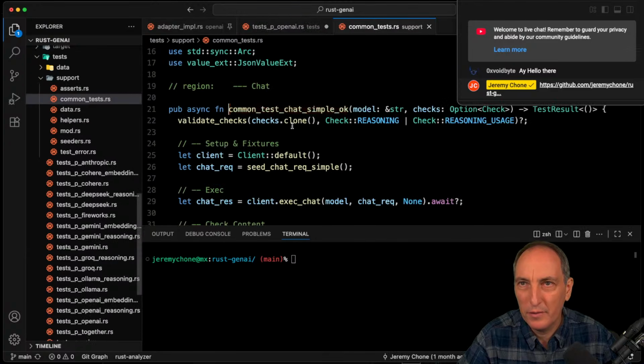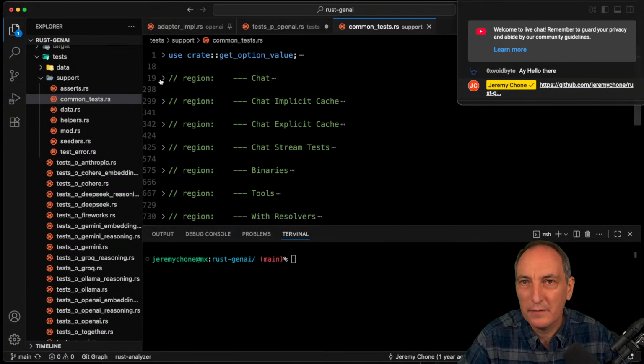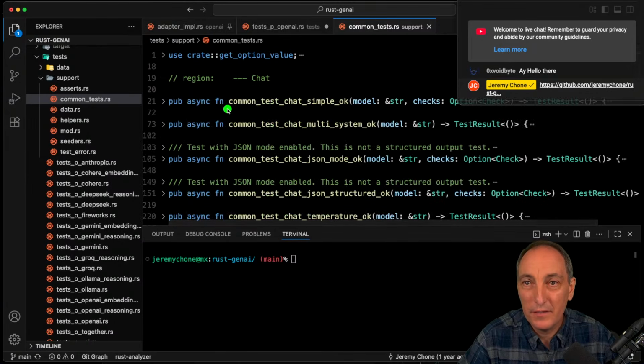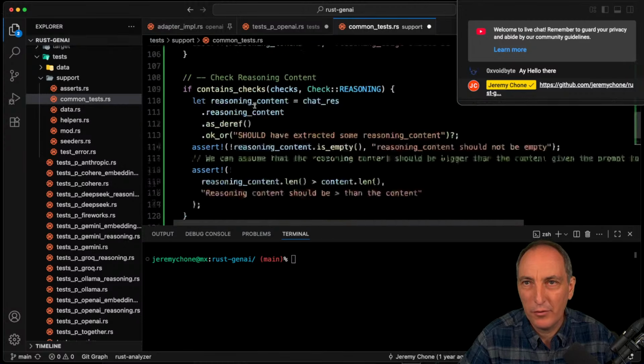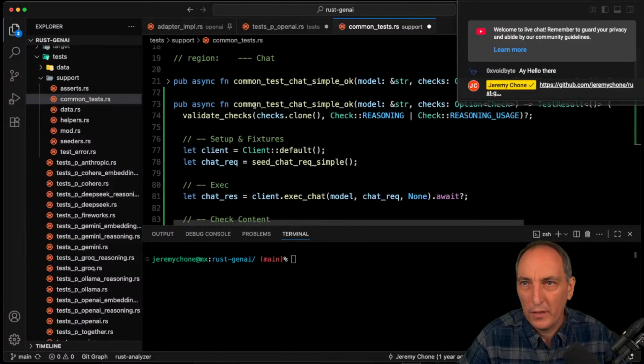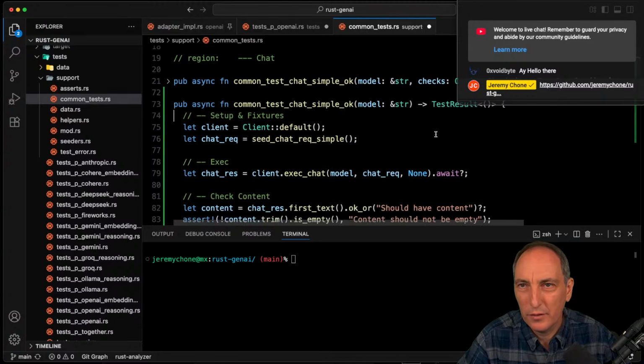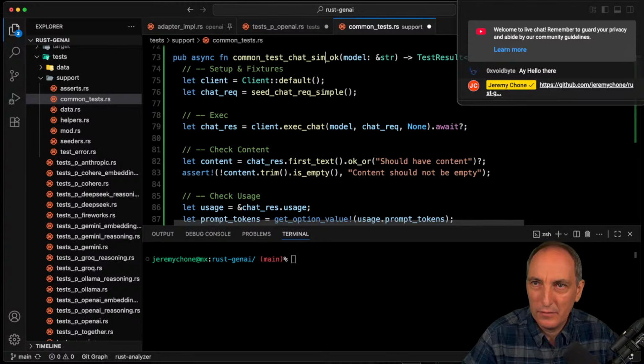So if I do a command click over there, I'm going to fold it such as we can see it better. I have this one here, which takes the model, and then the option here to know what we check. And then that will do a simple test. So what we're going to do is we're going to copy this guy. We're going to put it in the same order after. We are not going to need the check, because right now we don't need to check the check. And that is going to be